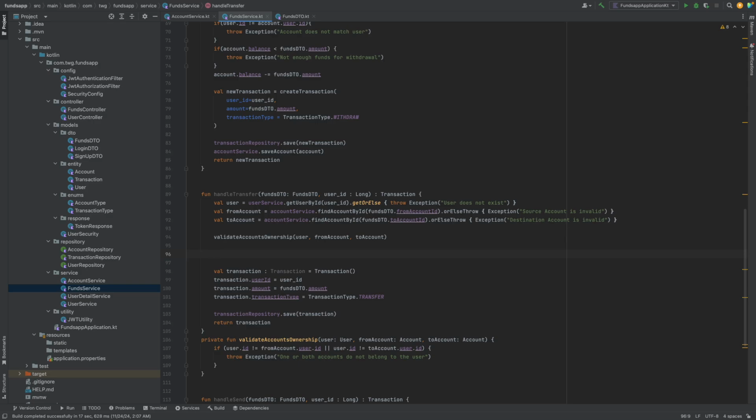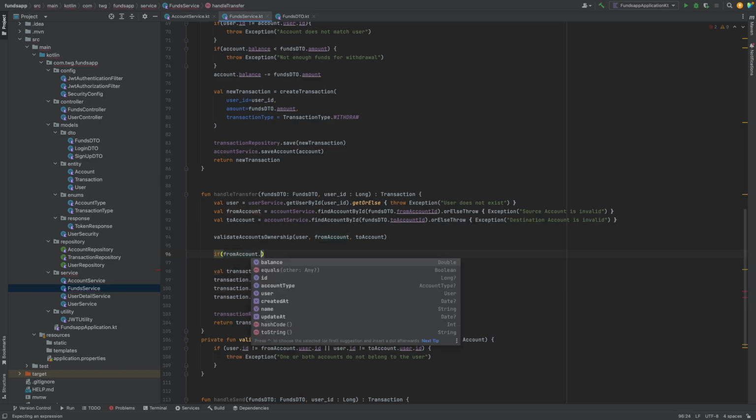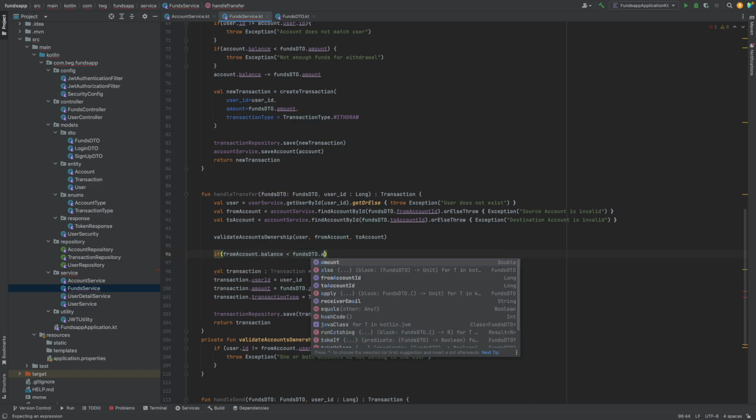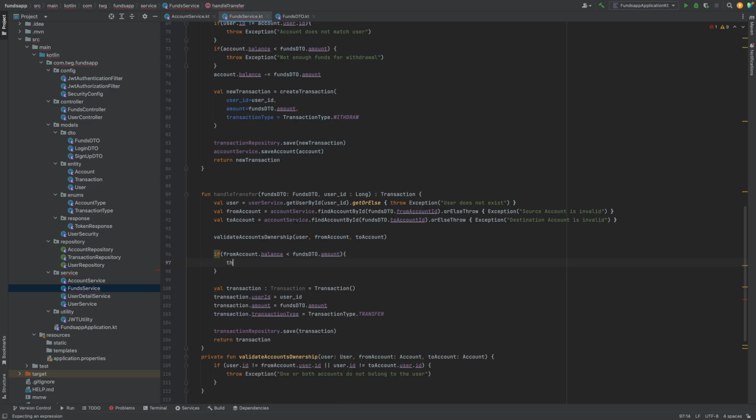And we got to check if the from account balance is enough to deduct from. So just like with withdrawal, we have to check if the account balance is greater than the funds DTO amount. Or another way that you can think about it is if the from account's balance is less than the funds DTO amount, then it's just insufficient funds. So we can do that by using an if statement, just like we did before. If from account dot balance is less than funds DTO dot amount, then we can throw an exception